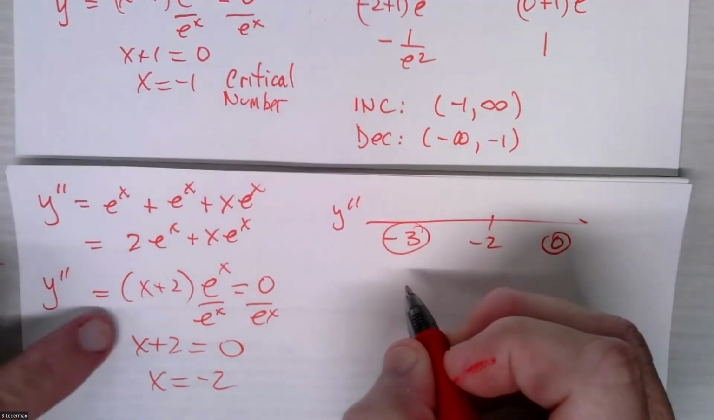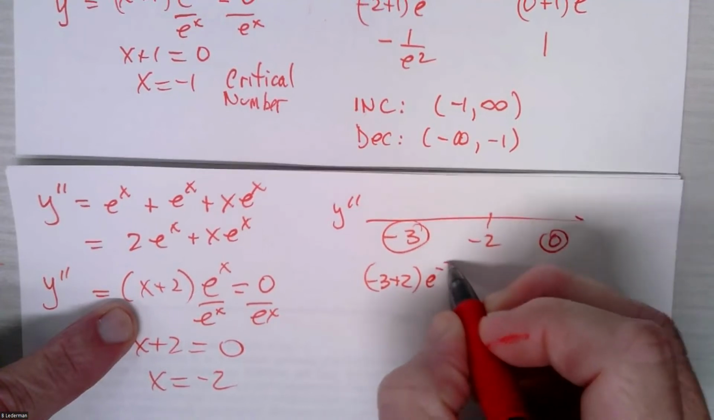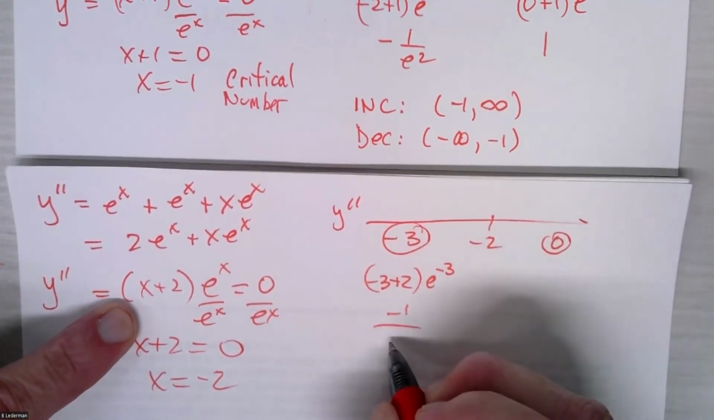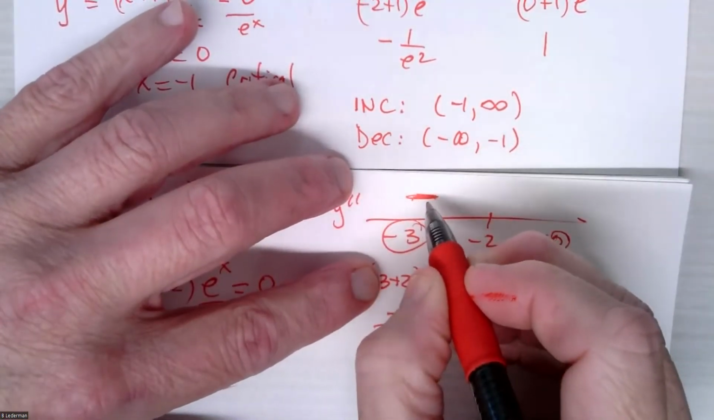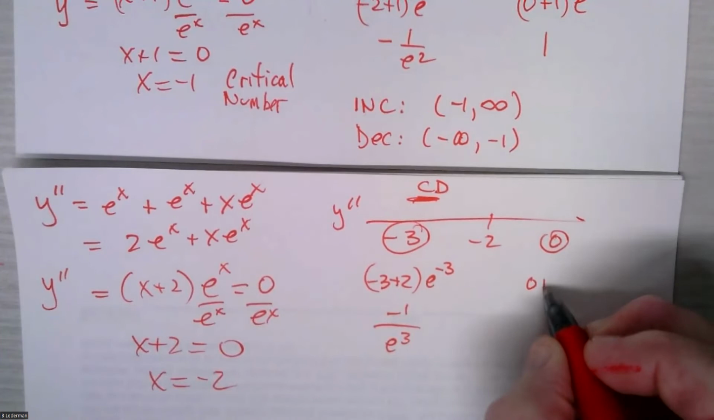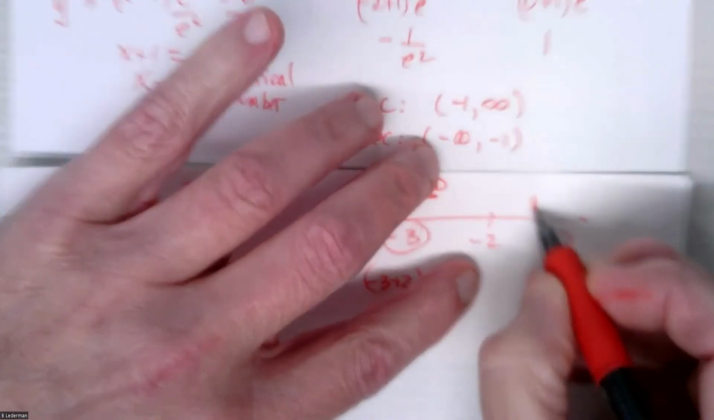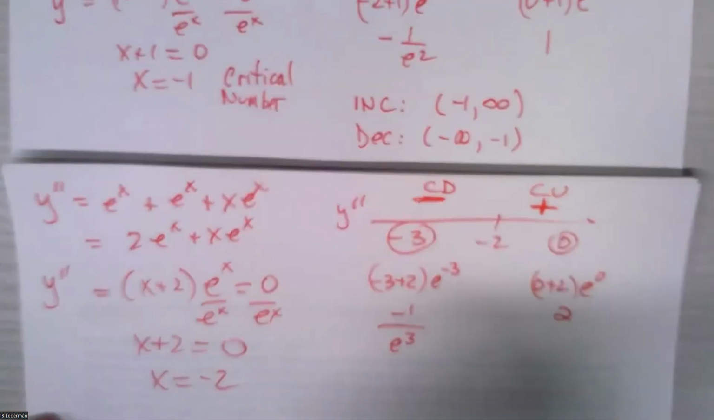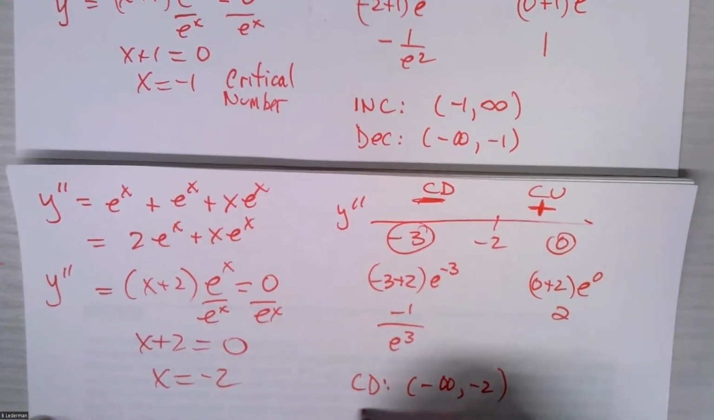So when x equals negative 3, I have negative 3 plus 2 times e to the negative 3, which is negative 1 over e to the third power, which is a negative number, which means the function is concave down. And when x equals 0, I get 0 plus 2 times e to the 0, which just equals 2, which is a positive number. So it's concave up. So the function is concave down from negative infinity to negative 2, and is concave up on the interval of negative 2 to